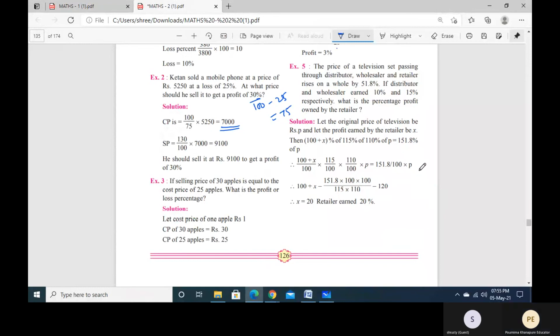All these calculations, and into P of the total price P. Now what they did, they just subtracted it. They have just taken this whole thing on the right, subtract it. So X is given by 20. So the retailer earned 20%. Only by the calculations we can find it. Okay. Yes, ma'am. This is actually equal to, it's not minus. It's equal to 120. 120 means 100 plus 20. So this 20% extra is the percent earned by the retailer. Getting it?